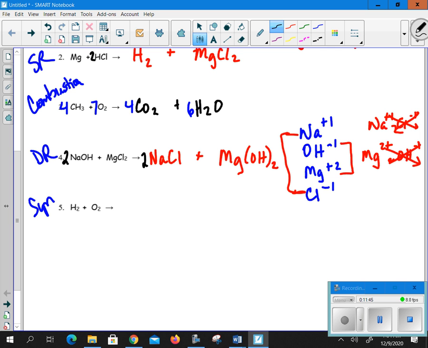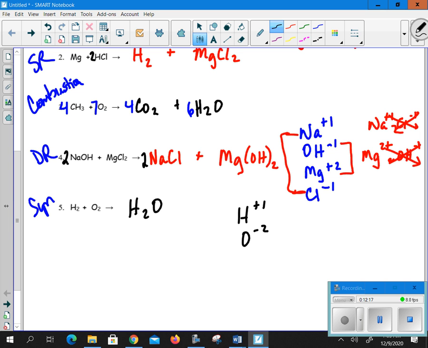When I do that, that makes my Cls correct, so now it is balanced. All right? Then my last one is synthesis, and synthesis is just putting things together. So I'm going to look up my charges. Hydrogen is a +1 because it's in the first column on the periodic table, and oxygen is a -2 because it's in the oxygen family in column 6A. So then when we do our crisscross, we would have